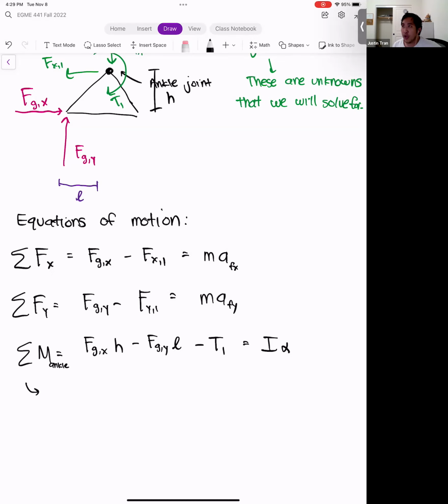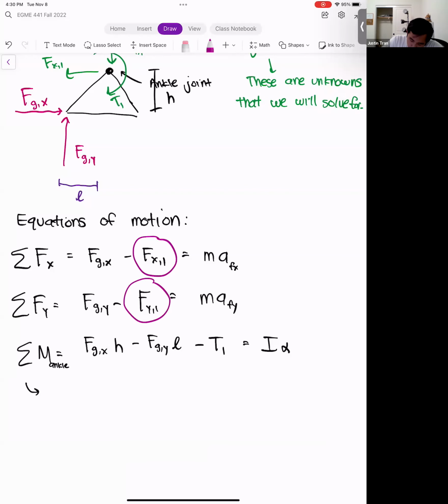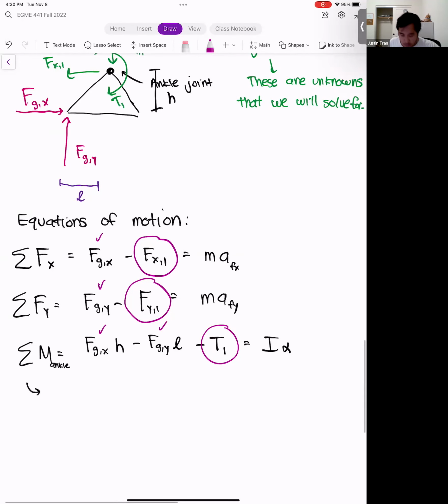We can actually solve this outright, which is actually not that common in these kinds of problems, because each of these is only going to have a single unknown. Let's remember what we said. Our unknown quantities in this problem are Fx1, Fy1, and T1. And everything else here we theoretically know. We know Fg, both the x and the y component, because remember those were measured by a force plate. So Fgx, Fgy, these are known. Presumably we can measure our own foot, so we can take a ruler and measure H and L. So those are known. And all the masses and accelerations are also known as well.